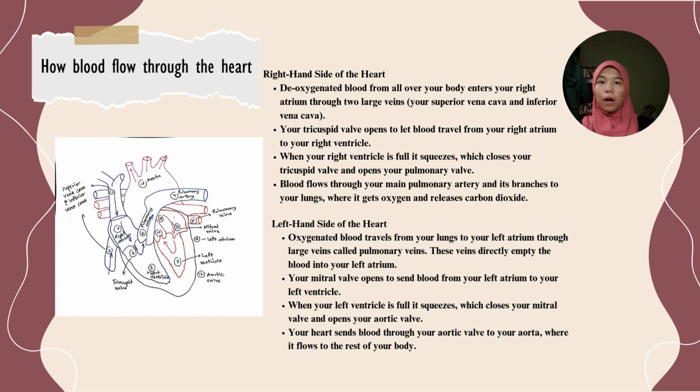Your tricuspid valve opens to let blood travel from your right atrium to your right ventricle. When your right ventricle is full, it squeezes, which closes your tricuspid valve and opens your pulmonary valve. Blood flows through your main pulmonary artery and it branches to your lungs, where it gets oxygen and releases carbon